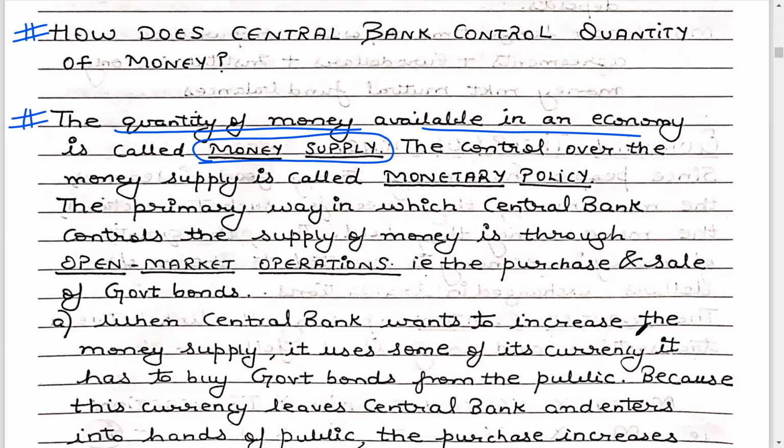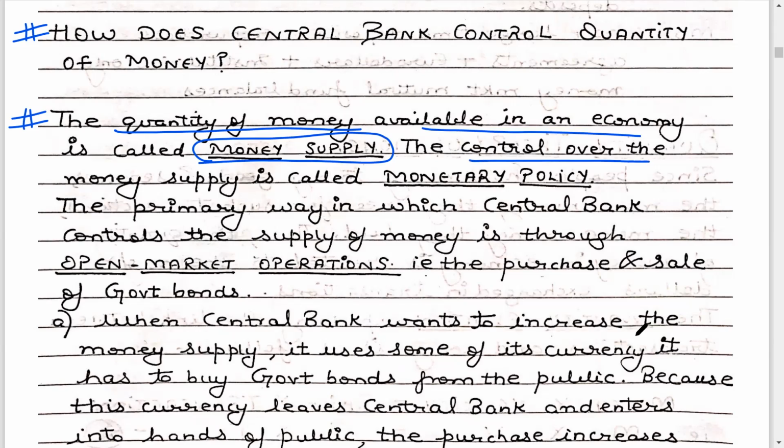Whatever money is kept in the vault of the central bank is not in circulation and is not a part of the money supply. Always remember that money which is in circulation in the economy is a part of money supply. That money which is not in circulation is not a part of money supply. When I talk about circulation of money, it simply means that that particular money is exchanging hands with the public or with the commercial banks. But if that money goes into the vault of the central bank, it is no longer in circulation and not a part of money supply.